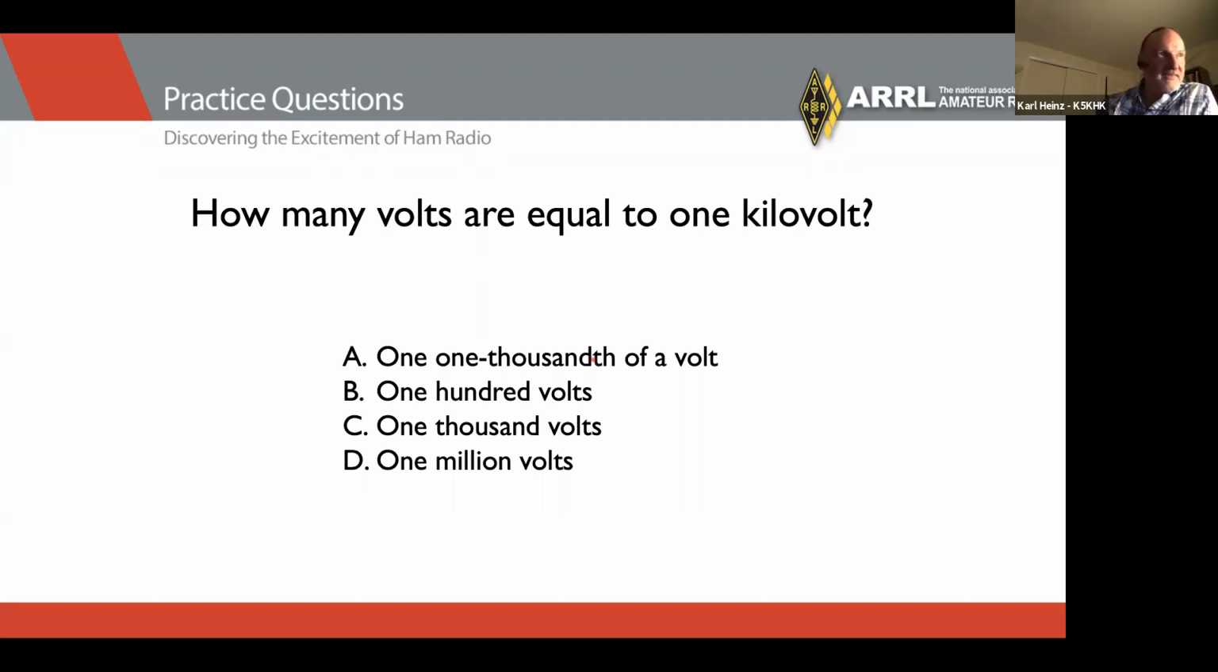One more. How many volts are equal to 1 kilovolt? So again, we have the kilo. What did we say kilo means? 1,000. 1,000. So which makes this answer